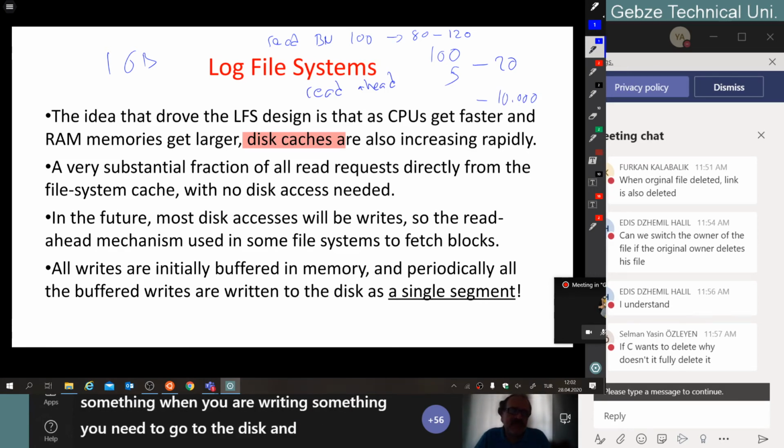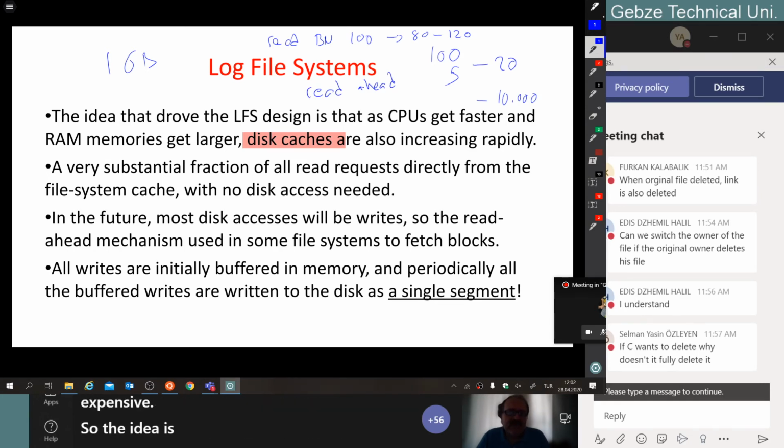And most of the time, these writes are so slow. You need to get the inode, you need to update your inode, and you need to put all the data in your corresponding blocks, and you need to update all of them. So it is not just a single block update. Even if it were, it would be expensive. So the idea is,